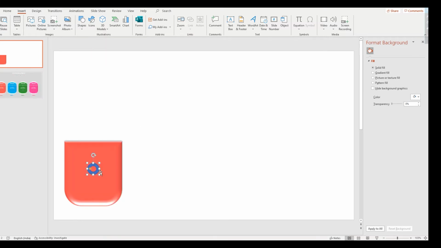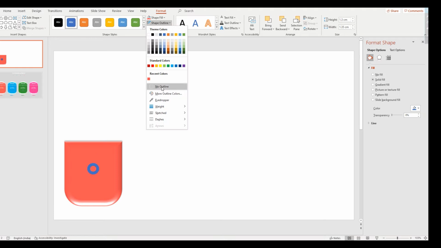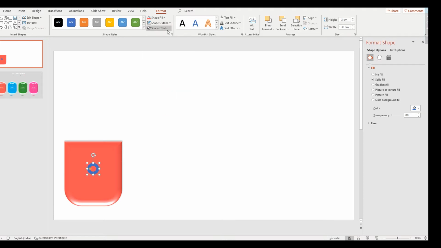Now we are going to insert, take the shape of oval for the design, whatever you want. Remove the outline, no shape. Give the height and width, change the color, arrangement is done.